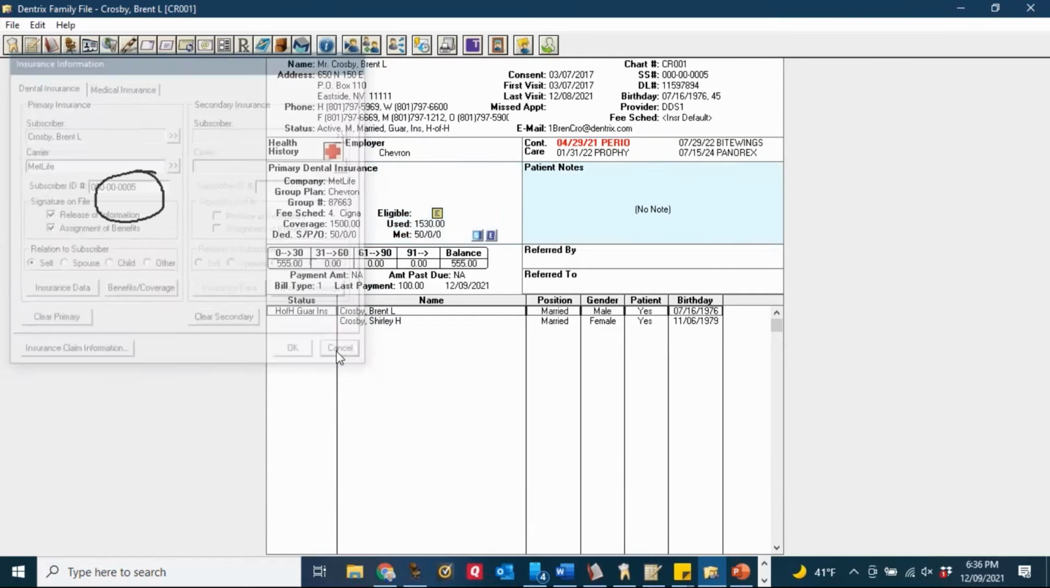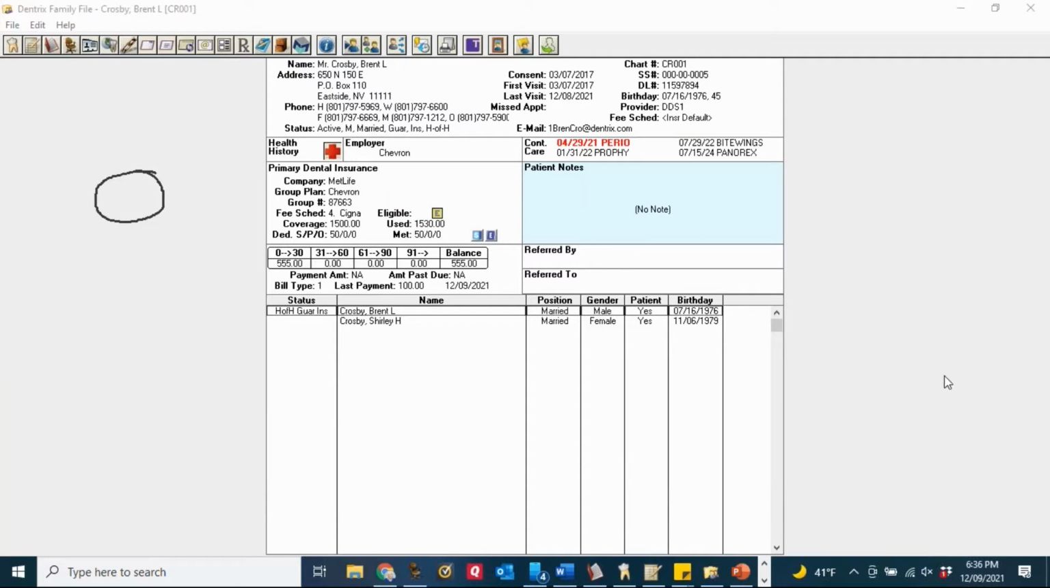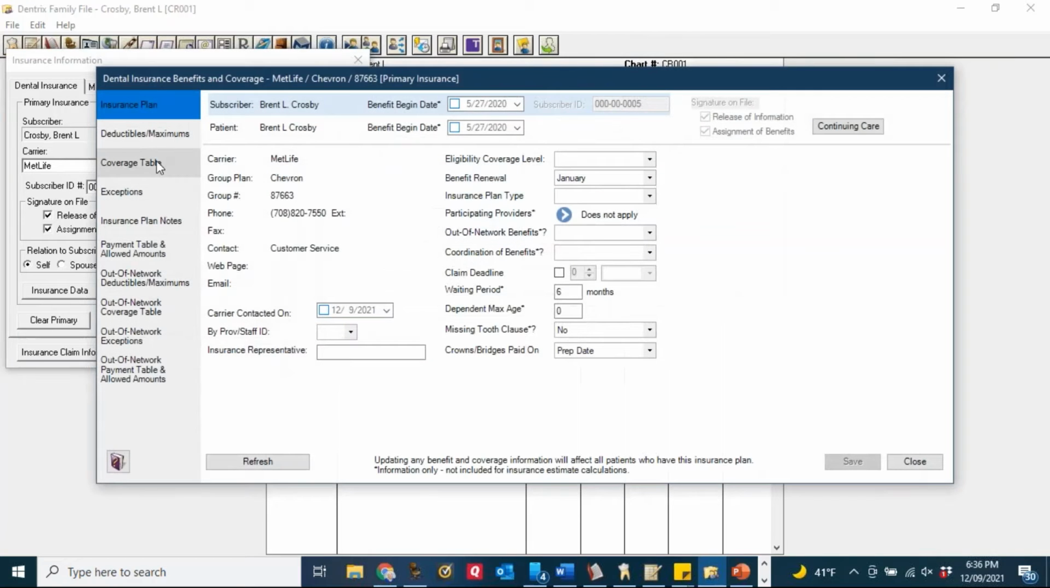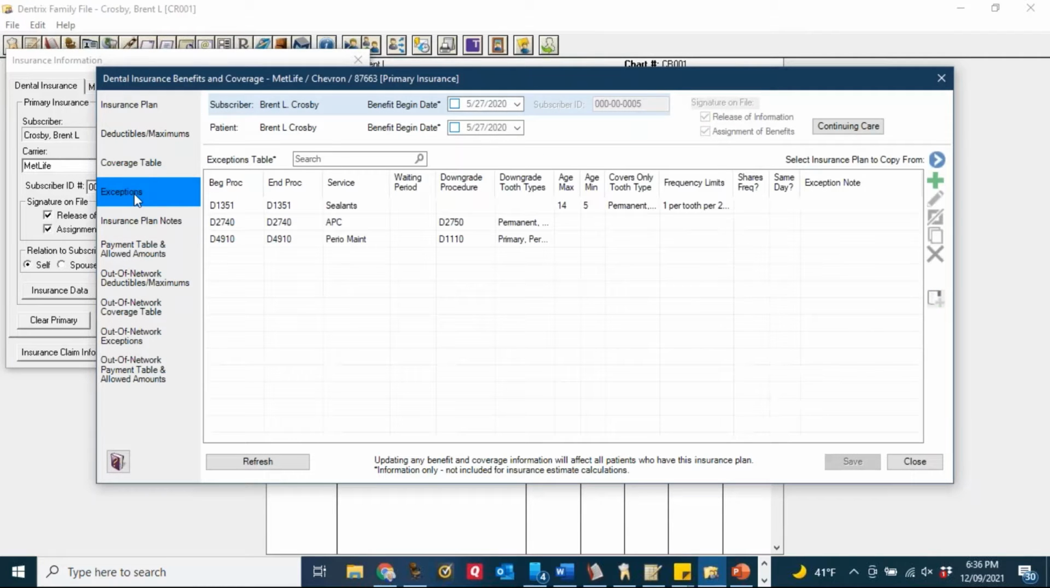So where I get that is in the insurance plan information. If I am on the family file and I double click on the insurance and I click on benefits and coverage right here, and then this exceptions table right here. So this is fairly new. This came about in Dentrix G7.4 or higher. And so if you have this version and you want to start filling in this exceptions table,